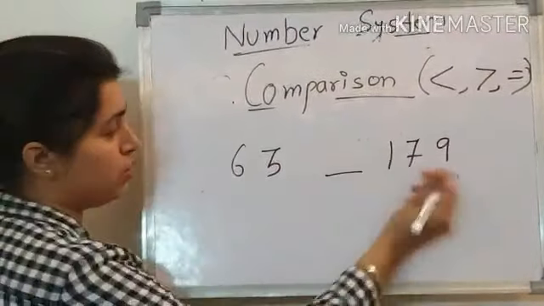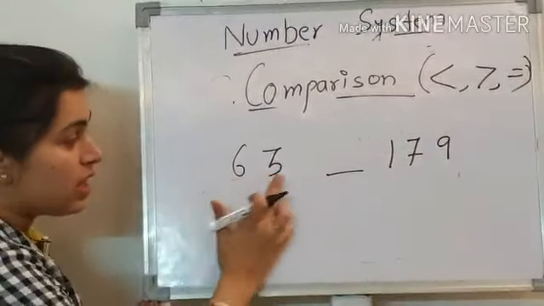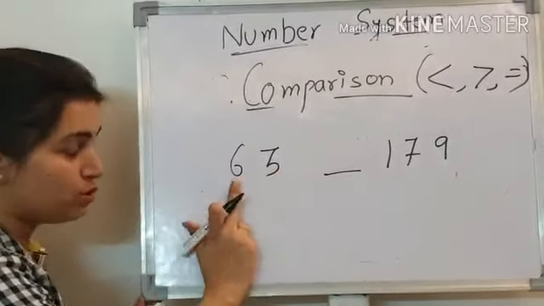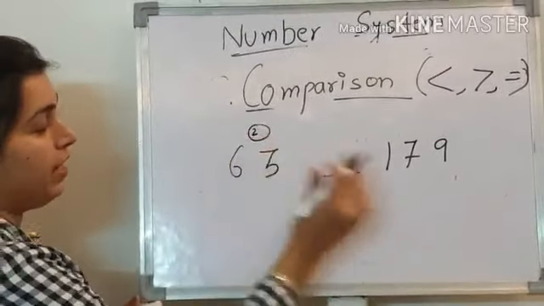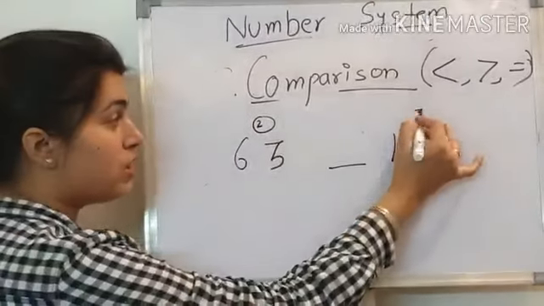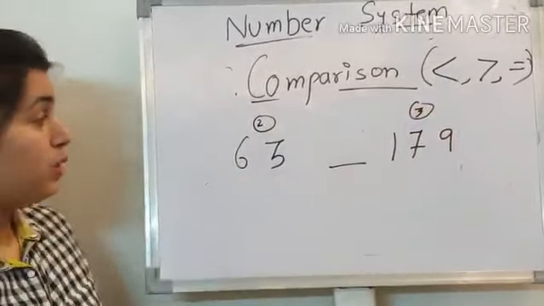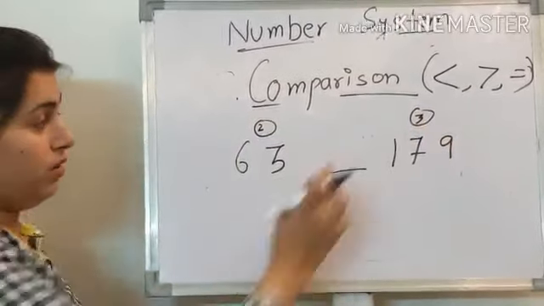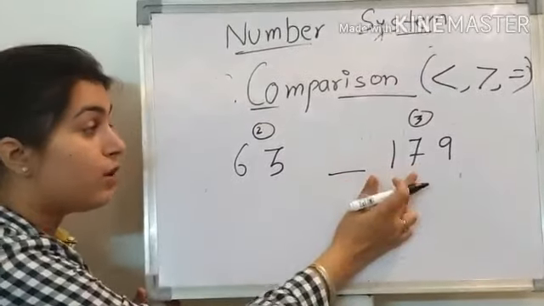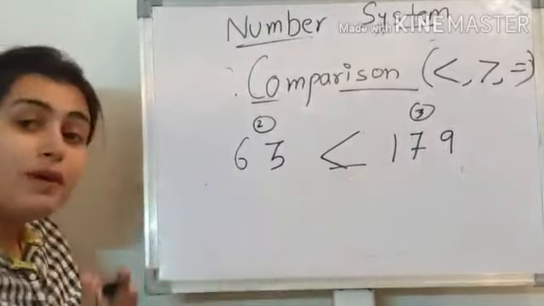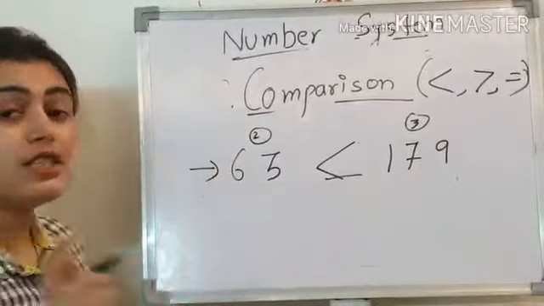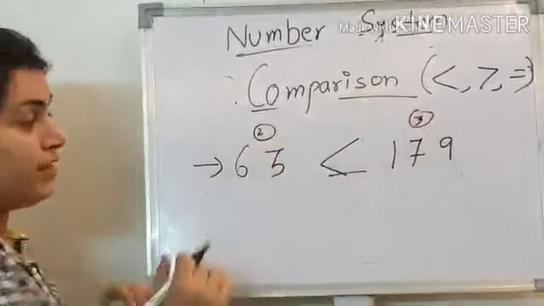You have to compare these 2 numbers. Okay. So students, in this, how many digits are there? Yes, you are correct. 1, 2. 2 digits are there. And in this, how many digits are there? 1, 2, 3. So 3 digits. So just compare the number of digits. Which one is greater? This one, no? 3 is greater than 2. So this number is greater. And for that, we need to place this open mouth sign towards the greater number. This is the first case when the number of digits are unequal.